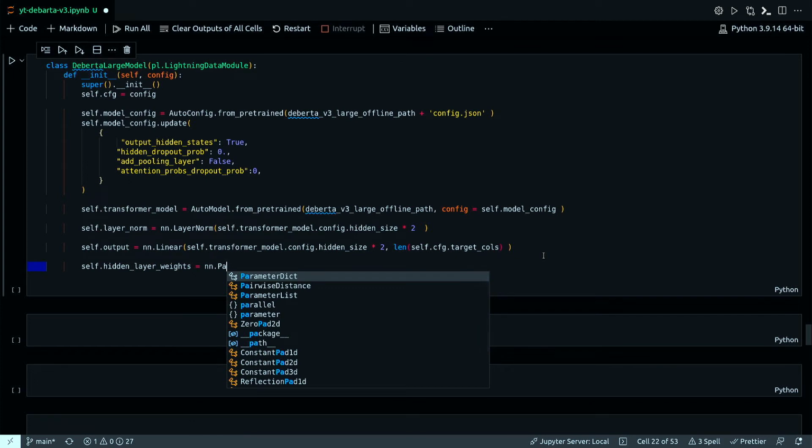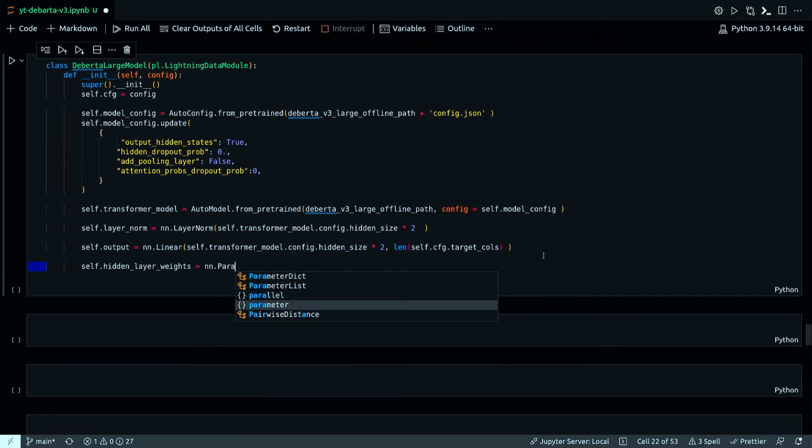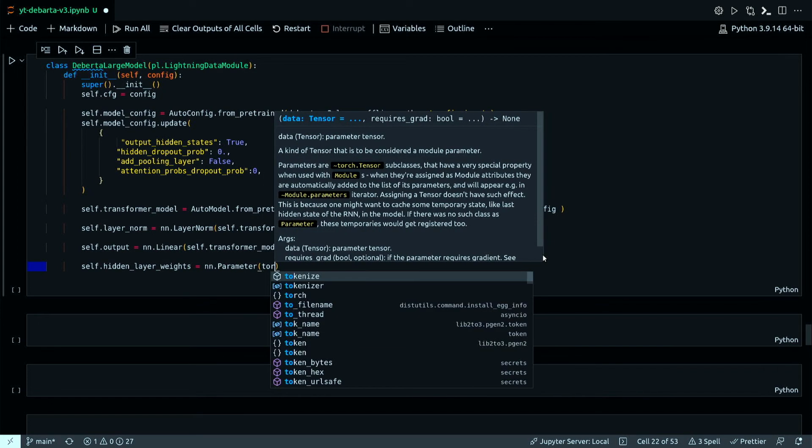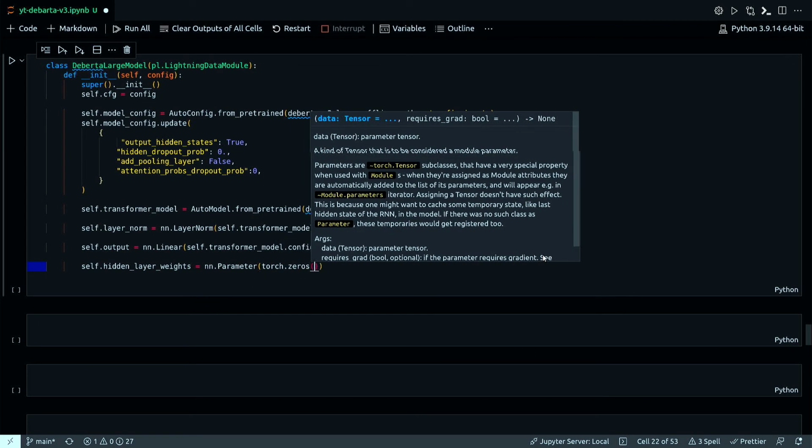That would be parameter. Oops, it's not there. torch.zeros.